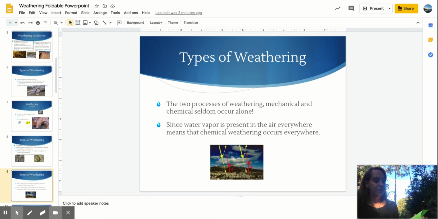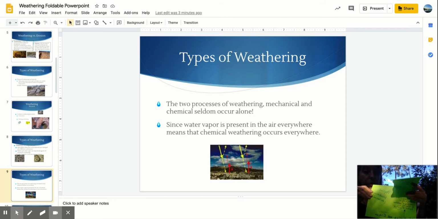So inside, you're going to have the definitions and everything you need. So I am going to put up a picture of this so you can see it as well. But you can see I have at the bottom, weathering and erosion. That is my title. Each flap are the two different kinds of weathering, chemical and physical or mechanical. That's called both. When you open the flap,